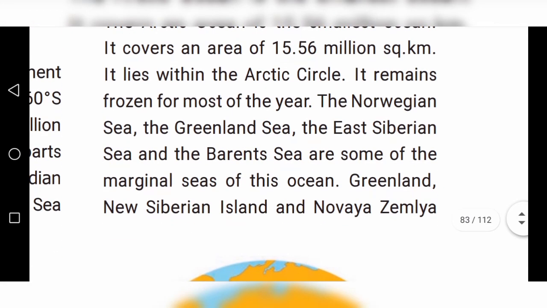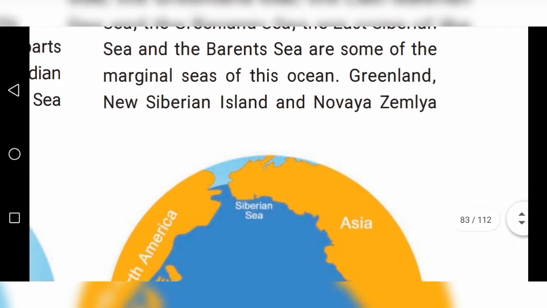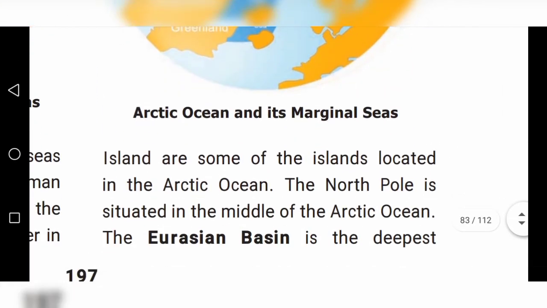Greenland, New Siberian Island and Novaya Zemlya Island are some of the islands located in the Arctic Ocean. Many seas and many islands are present.